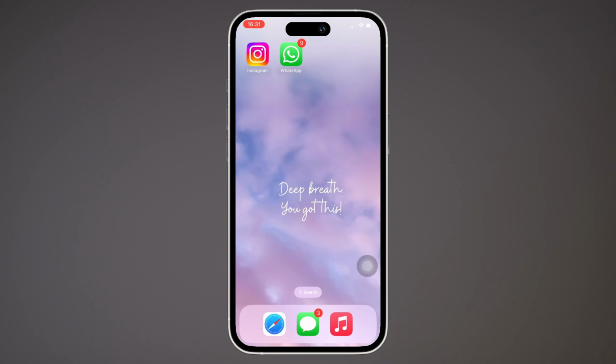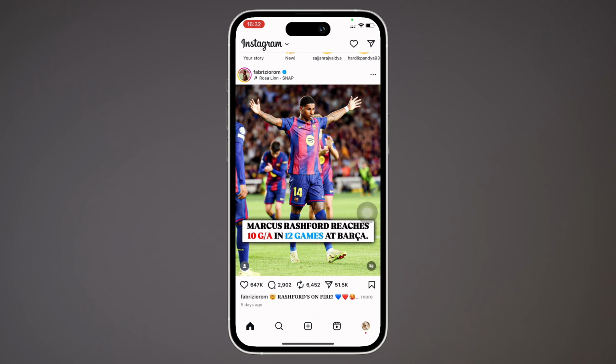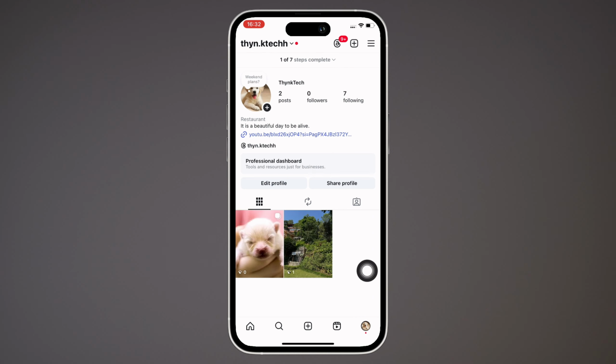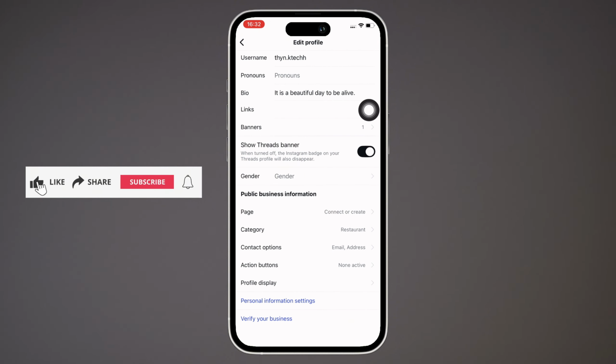Now let's get right into the tutorial. Firstly, go ahead and open the Instagram application on your device and make sure you are signed in. Now tap on your profile icon on the bottom right of your screen and then tap on the edit profile option you see there. Further, tap on the links option you see there, and in the interface that you will